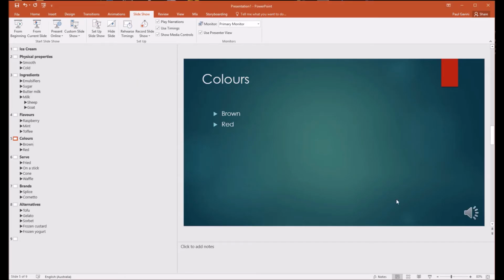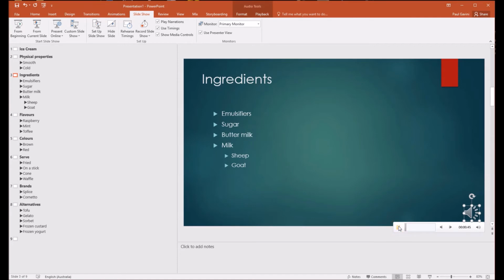Now you would have noticed now that on these slides I've actually got these little speakers, and so you can actually see that now. So when you actually watch your presentation now,